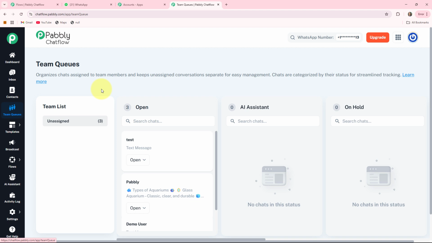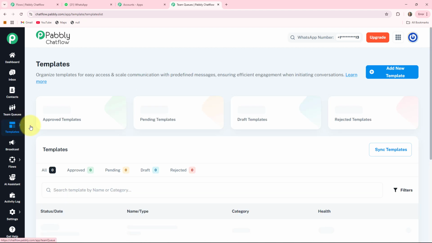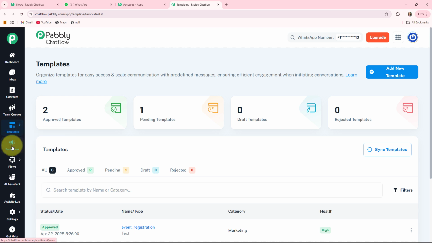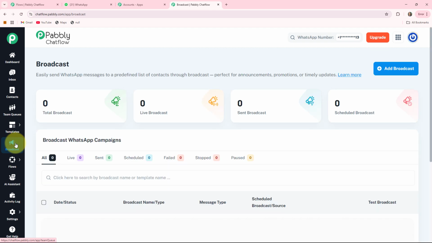It will also help you to have a customer support team. The fifth one is the template. It is just like a pre-approved WhatsApp template. These are required for initiating a conversation if the customer has not messaged you first. The sixth one is the broadcast. It is used for sending bulk messages to many users at once, and it is also used for promotion, announcements,